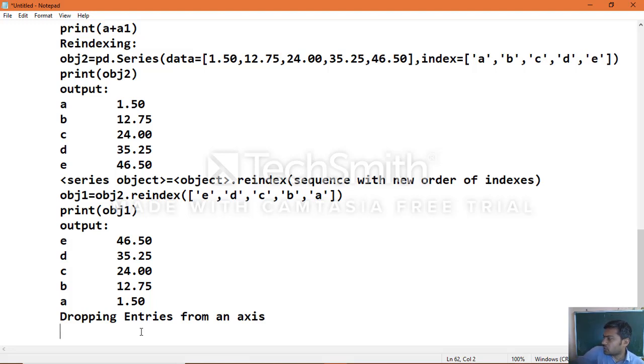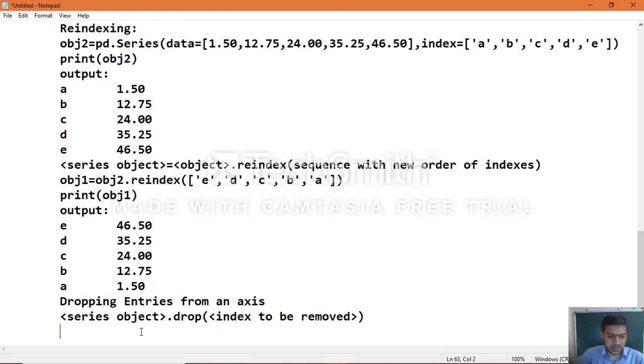You can remove that entry from a series object using a function called drop. Using the function called drop, we can see the syntax: series object dot drop of index to be removed. This is the syntax which you can make use of.